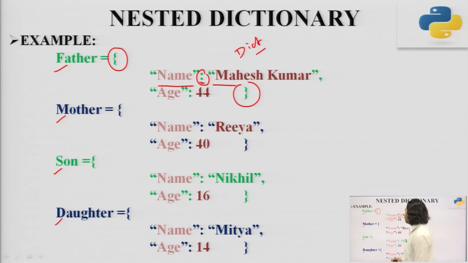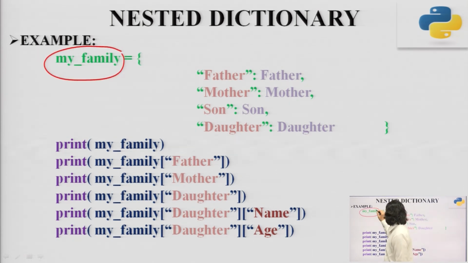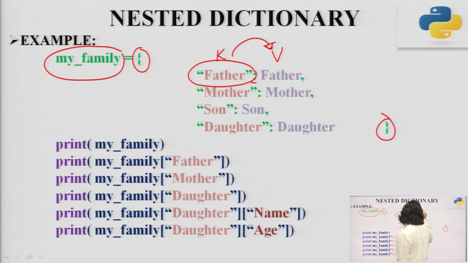So, what we are doing is we have created the 4 variables with the dictionary data set of their respective data, and now we are going to summarize it under a new dictionary as my family. Now, here you can see that these curly braces are the identity. The second thing is this colon is the separation, that means it is again a dictionary. So, in my family, here you can see the elements, this is the key and this is the value. So, in the key we are putting the name for the key element, followed by the values